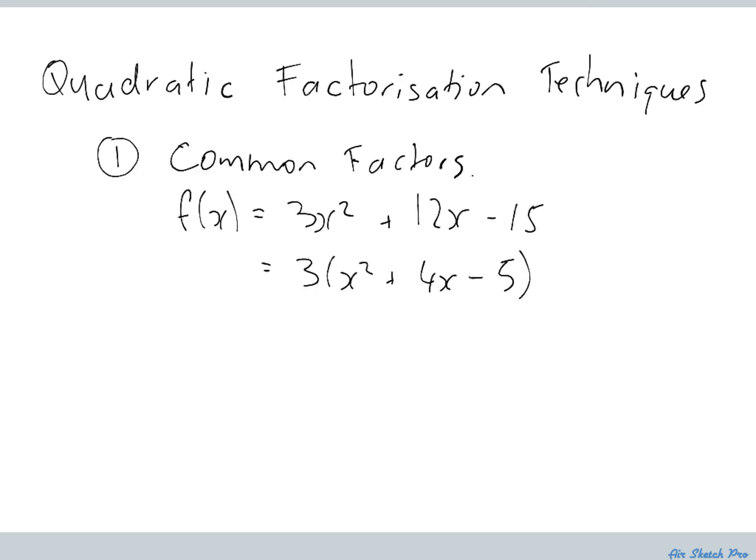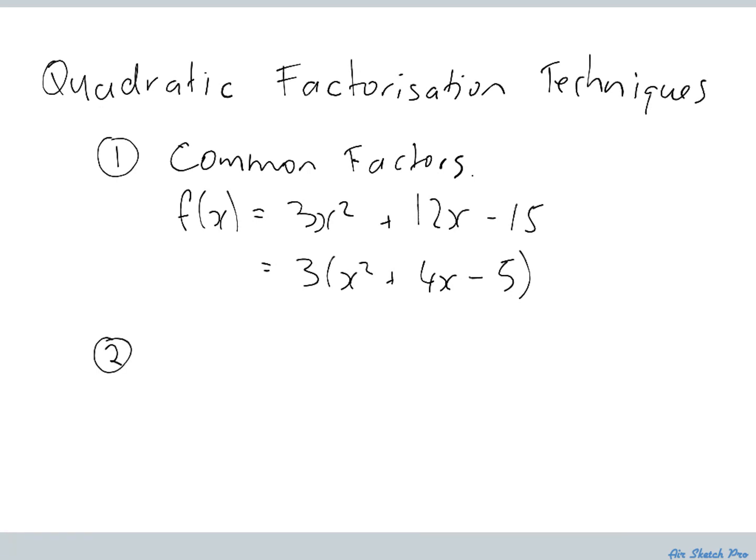There we go. So by taking out a common factor of 3, we're left inside the bracket with something which is much more easy to factorise. So x squared plus 4x minus 5 is a lot easier to factorise than 3x squared plus 12x minus 15. Okay, so common factors is the first thing. Number 2,